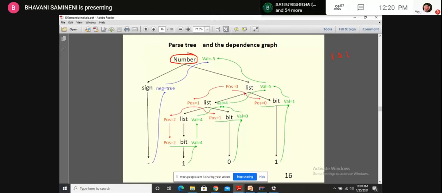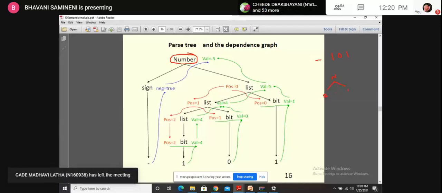Again list can be written as list bit. Again list can be written as list bit. Again list can be written as bit, and in this bit we are loading a 1 value, 0 value and 1 value. According to the semantics they have given, and here it is minus, so it is minus 101. So this is the parse tree for it. Let me write it here.